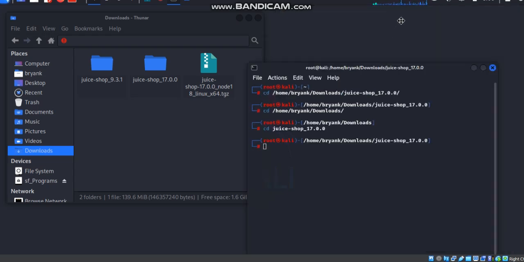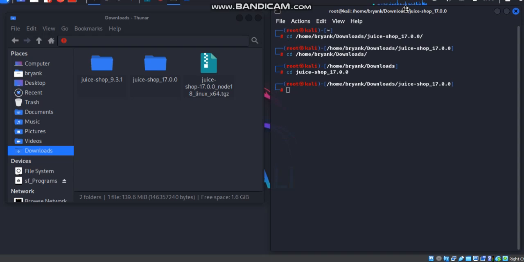install npm on your system, because on the juice shop web page, there are the steps on how to install it, how to get it to work, for someone that maybe wants to go back to the manual to see everything. You can still go there, but in short way, I just showed you how I fixed it all this while.